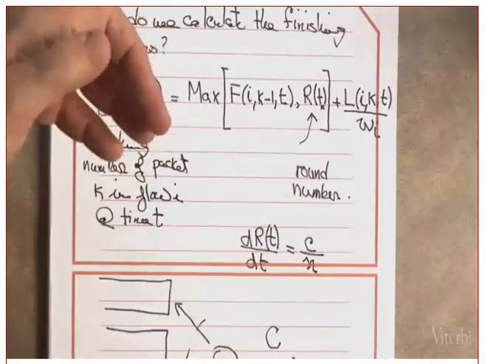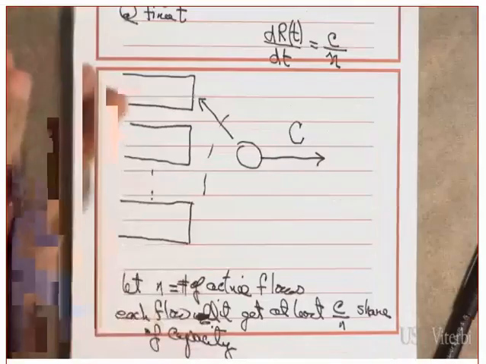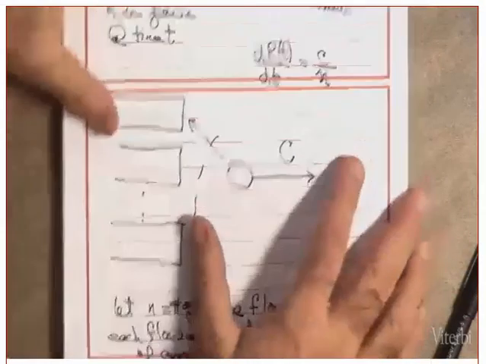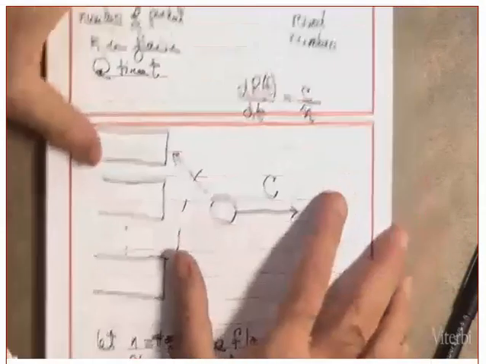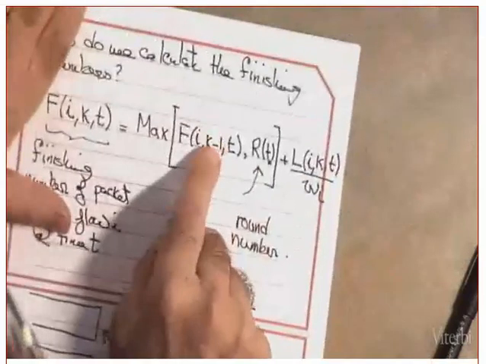Now, a couple of things I need to ask you before I give you the numerical example, which is the following. Do you see this number? Does it depend on the packets that will come after it? On the finishing numbers of the packets that will come after? It will not. Do we agree with this or not? Does this one depend on that of the packet coming in a different flow? No, it doesn't. Are you following me or not? Clear? Okay, so each flow, this one only depends on the finishing numbers of the packets before it, not after it. Clear? Okay. Did you get the idea?